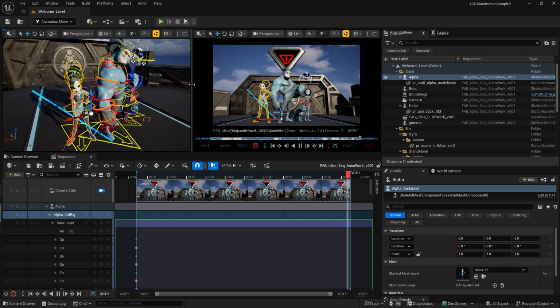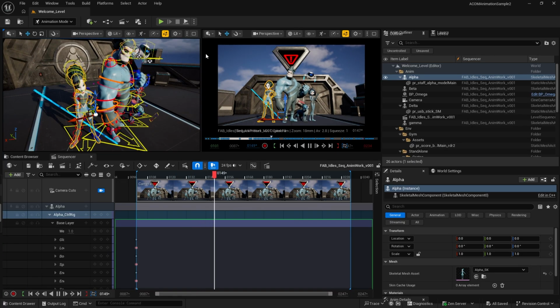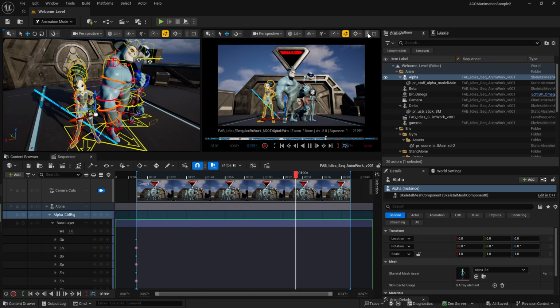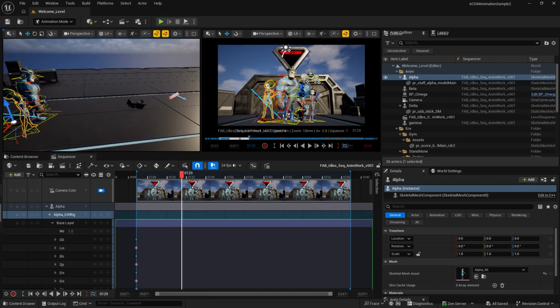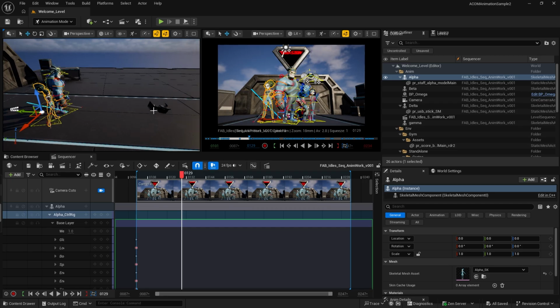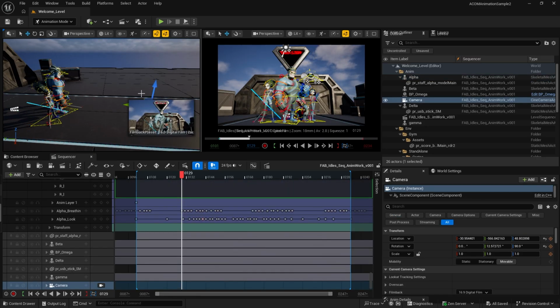I can easily suggest you have this type of layout to work with these sequencer-type editing tools, because that way you can always adjust certain elements in terms of distance and composition while checking your camera content from the second viewport. Here in this example, you can also see the camera and play around with it.